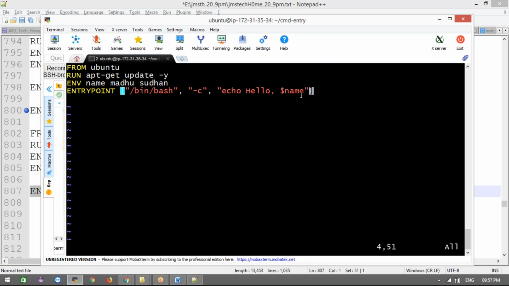Okay, whatever you are giving is printed as a string. Now we are telling it that this is a bash command. I already declared an environment variable as a name, and we need to read this value. We need to let it know, if it is shell form, we need to intimate this. Okay, now just save this one,